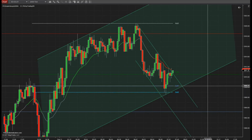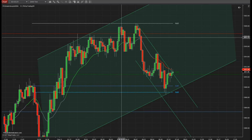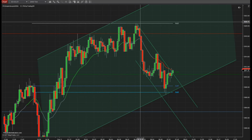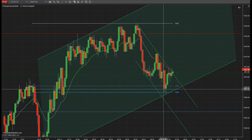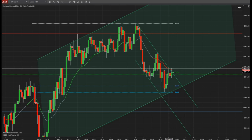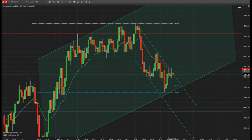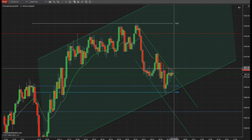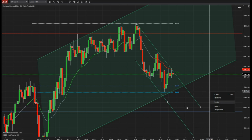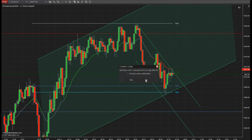I think this is forming nicely here, where we basically get into a smaller and smaller range in this area, and then you can see that it's starting selling off. So we form a new bottom, right? Recheck at EMA, form a new leg. Here's your first entry, and you can see that it's rejecting EMA again here. So I think we have an opportunity to get in right now once this candle...